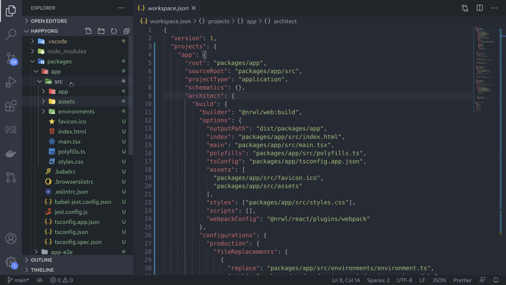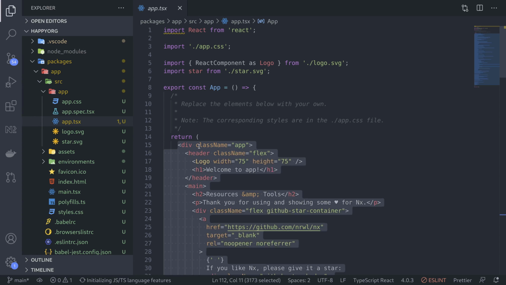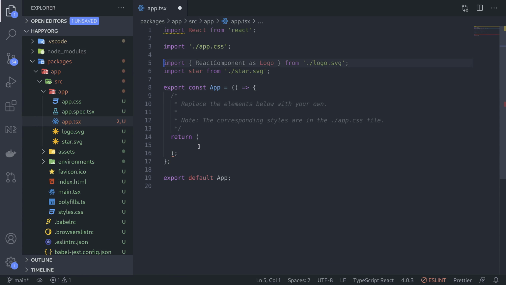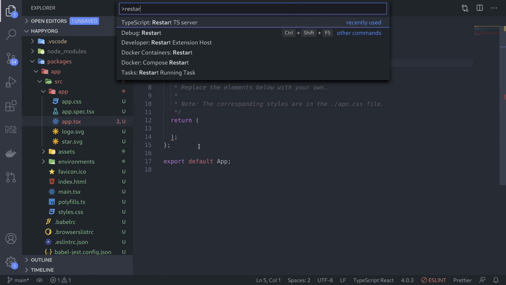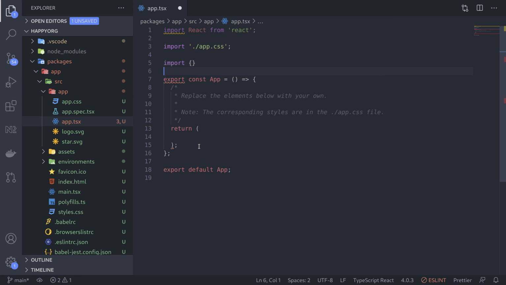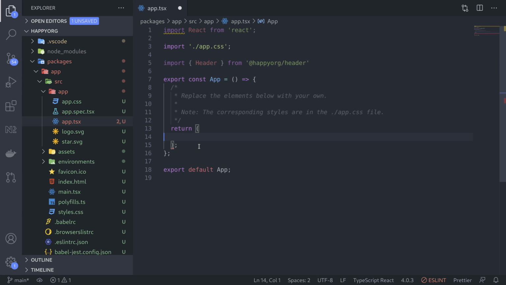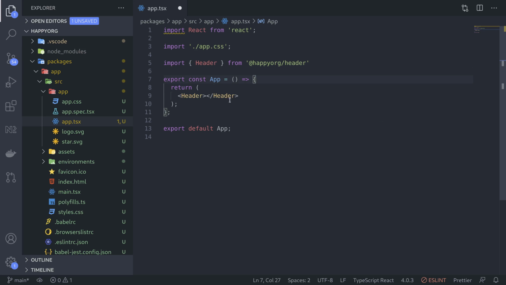If we open the app.tsx, let's delete everything we don't care about. We can import. One thing I need to do, because I created a new lib, is restart the server, but that doesn't really matter. And I can import my header component and use it over here. Okay. The important thing to note is that I have this package that I just created. I don't have to configure anything, right? I can simply import it in my app, and